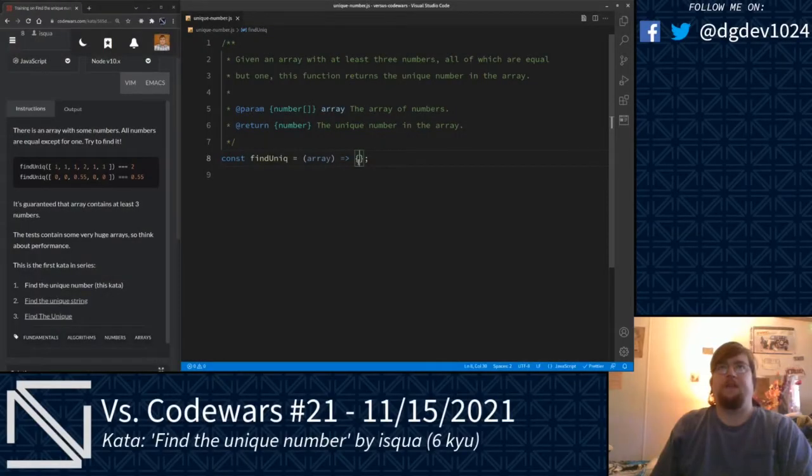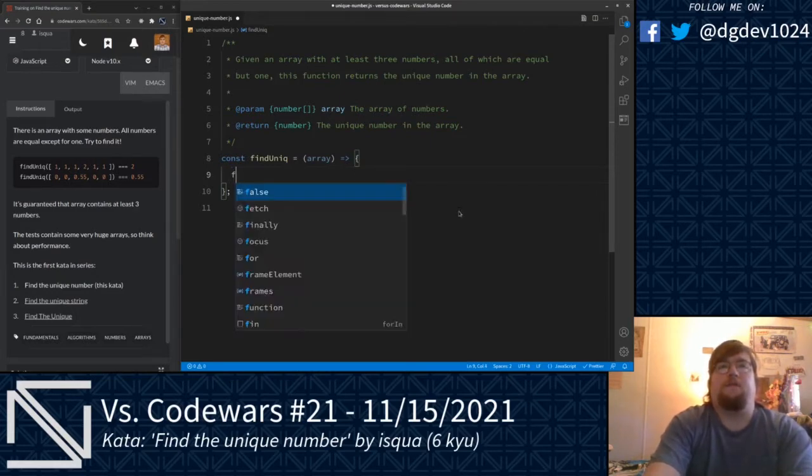Given an array with at least 3 numbers, all of which are equal but 1, the goal of this kata is to return the unique number in the array. This test contains some very large arrays, so performance is going to need to be taken into account. Let's go ahead and give this a try here. First, we need to figure out which of these numbers is the majority number in the array. So what we're going to go ahead and do is let majority number equal null